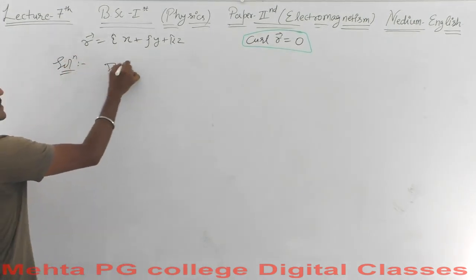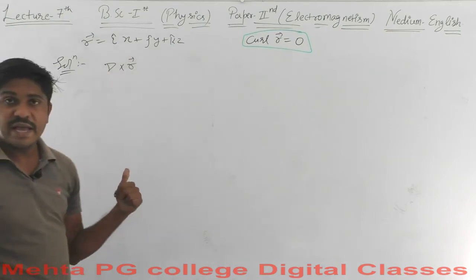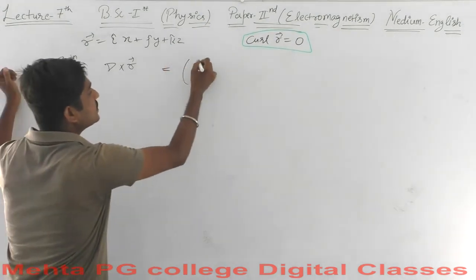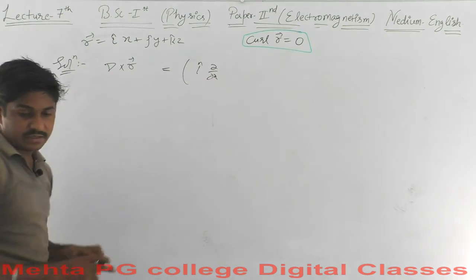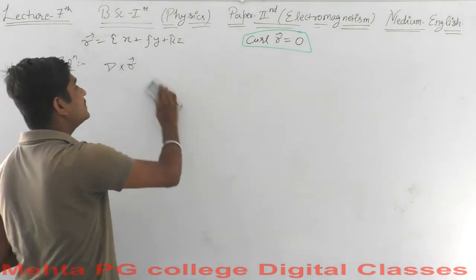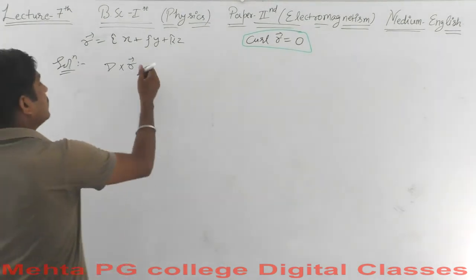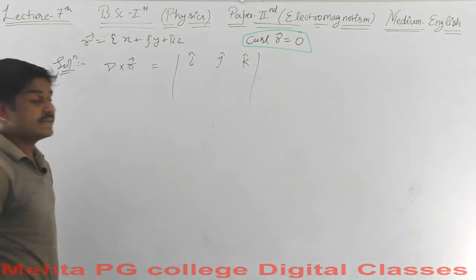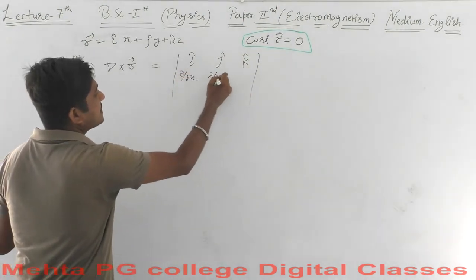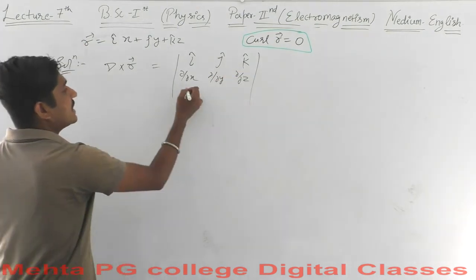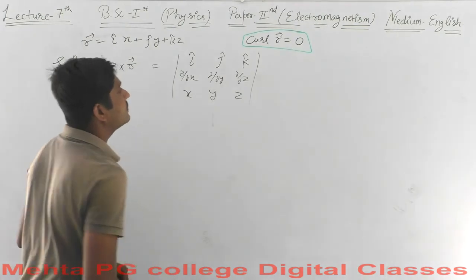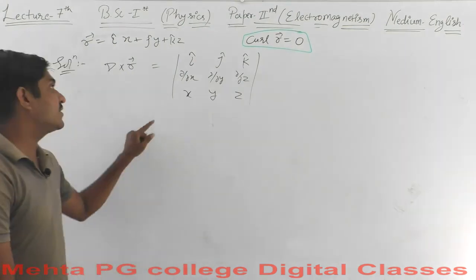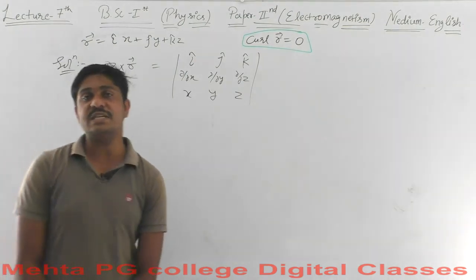So the solution starts with del cross r vector. Every time the cross product is taken with a vector quantity, the position vector r vector equals i cap x, sorry for my calculus here. So it will equal the matrix determinant: i cap, j cap, k cap; curly over curly x, curly over curly y, curly over curly z; and x, y, and z. If you remember the mathematics or physics of 12th class, then you are familiar with this kind of calculation.